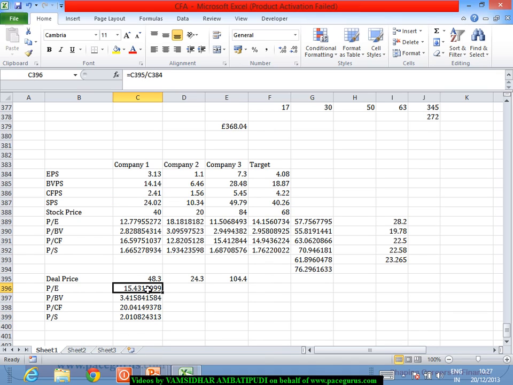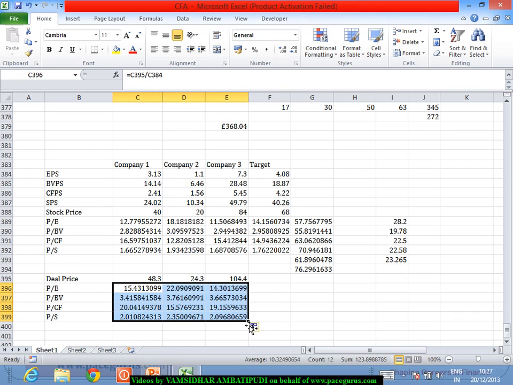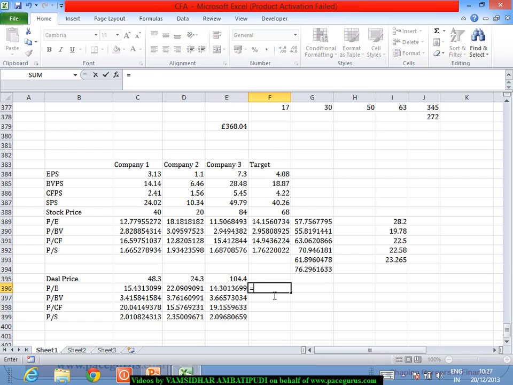So these are the numbers, and for the other two comparable companies also I have arrived at such kind of numbers. Now all we are saying is, now that we have arrived at the P by E measures, the same thing, do some average or some other descriptive statistics on each of these measures. So probably let me take a simple average of each of these measures.